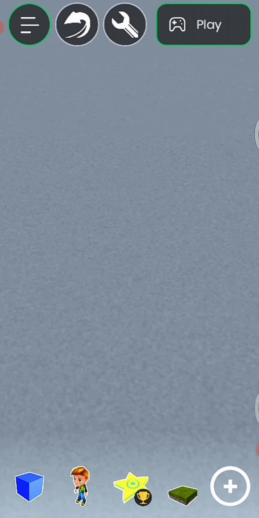Okay, in the bottom you can find a number of elements shown here. If you want to use an element in your game, just click and make a selection and keep your finger in the canvas. That will be shown. The element will be placed here. After selecting, you just have to press in the canvas area.